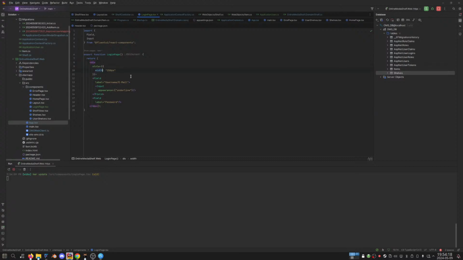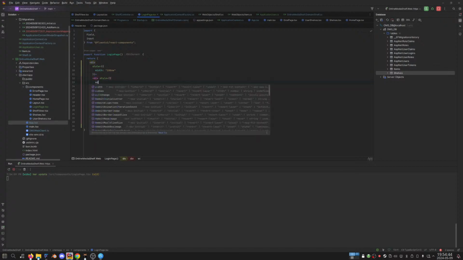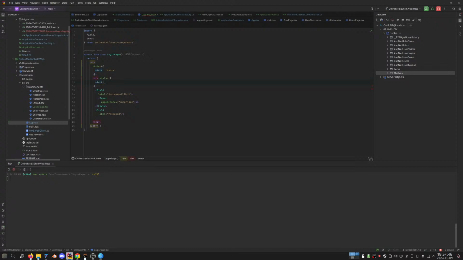Oh. No. This has to be 100 view width. And then there has to be another div. So this is well structured code, which is style width colon 250 pixels,